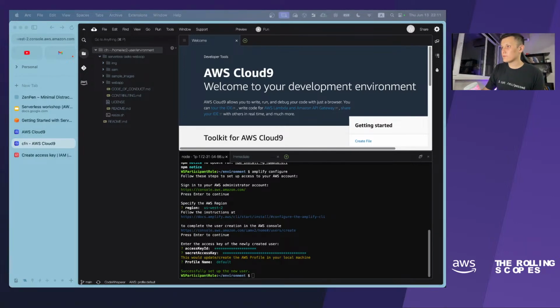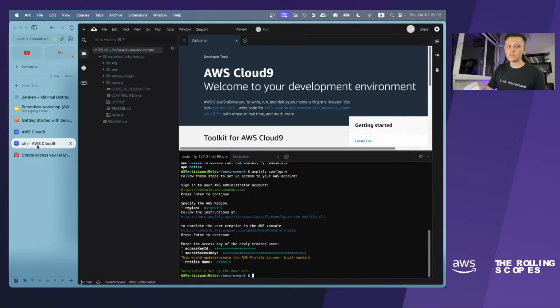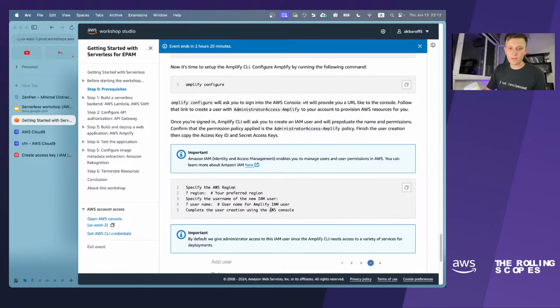User has been created. Yeah, Pavel is right. Best practice is to download the CSV file and put it in some secret place. But you know, if you share the CSV with someone, your keys will be exposed. So you shouldn't share the CSV file with anyone. Okay, in my case, the CLI is fully configured. And what's next?